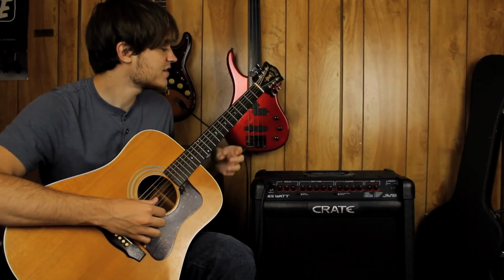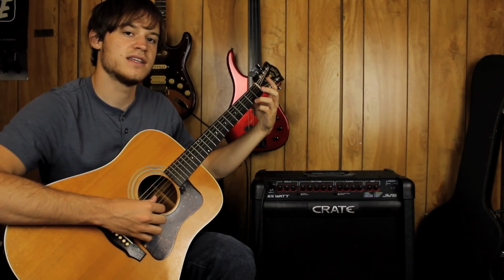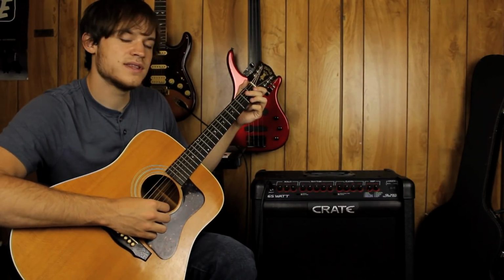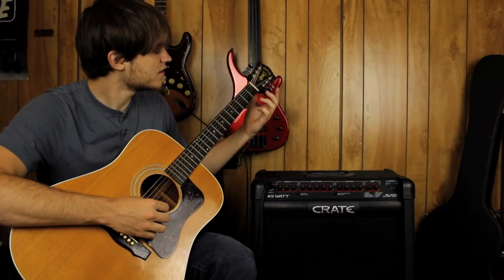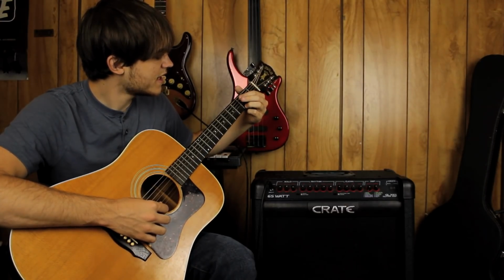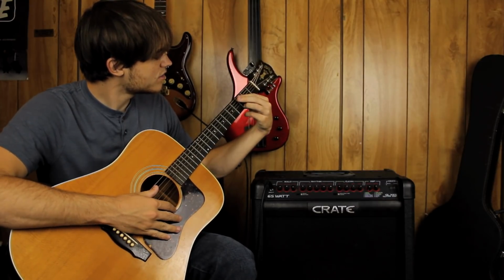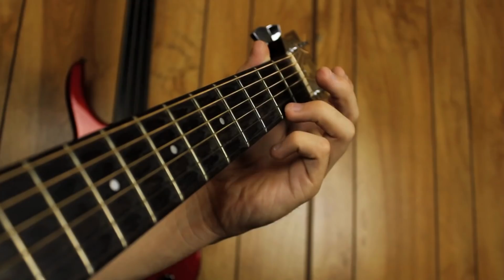Then next you want to take your third finger and put it on the 2nd fret on the E string, and that note's just alone. And it's important that this is with the 3rd finger for what we're going to do next, because we're going to move it to the 3rd fret and get that C, that 3rd fret on the A string,